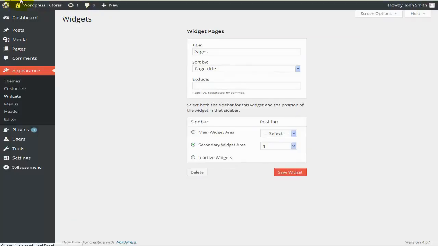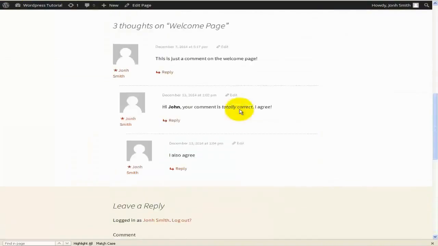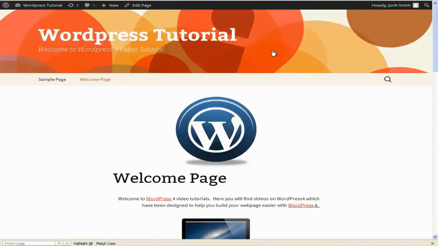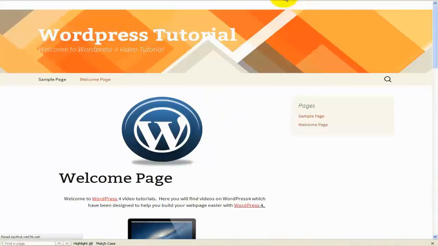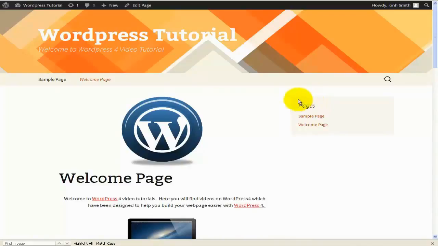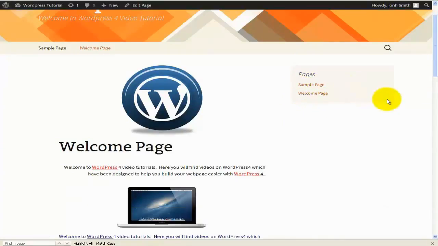Okay, I'll go back and I'll go to my page, and what I will do now, scroll all the way up and I will just hit on refresh. Now when the page loads up, you can see that my new pages widget has actually been placed here, and in this particular case I actually used the pages widget, and therefore I have the sample page and the welcome page, which are the two pages that I currently have on my server. Okay, going back,